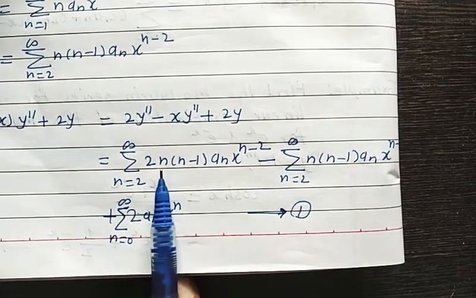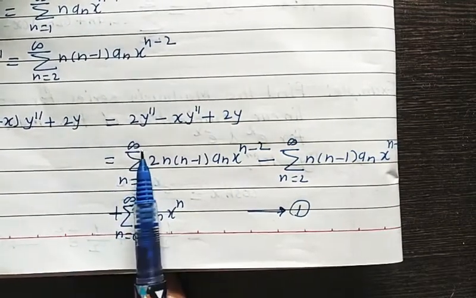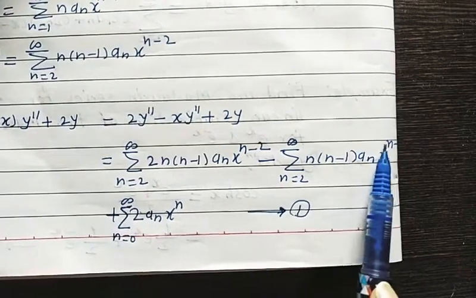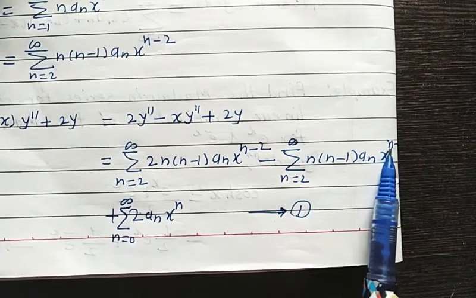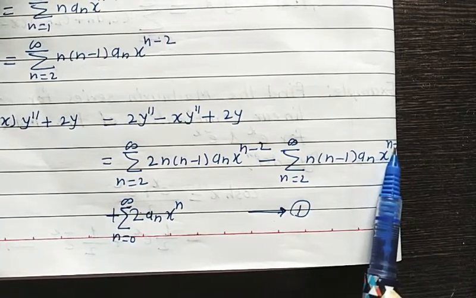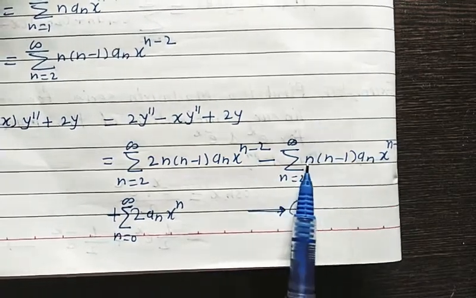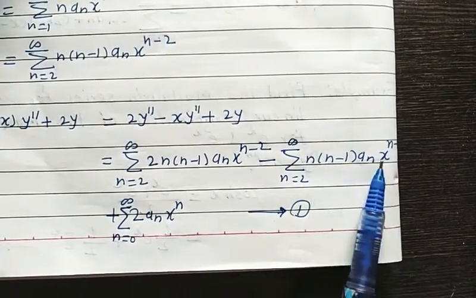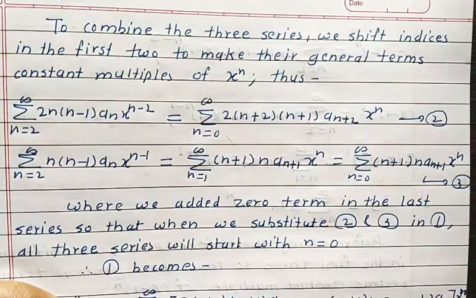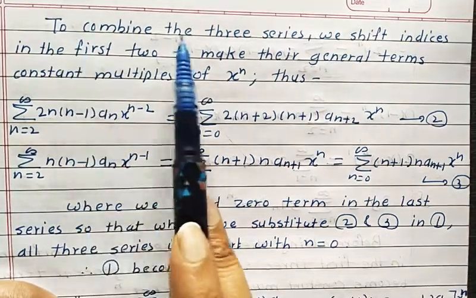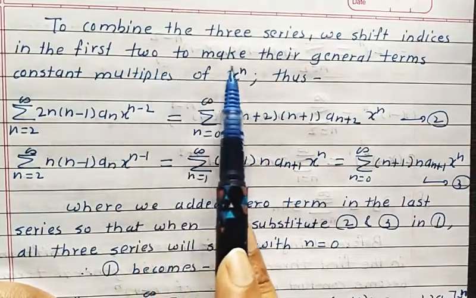If we replace n by n plus 2, then n varies from 0 to infinity. Here it is x raised to n minus 1. If here we want x raised to n, then we should replace n by n plus 1. If we replace n by n plus 1, then everything changes accordingly, and the last power series stays as it is. To combine the three series, we shift indices in the first two to make their general